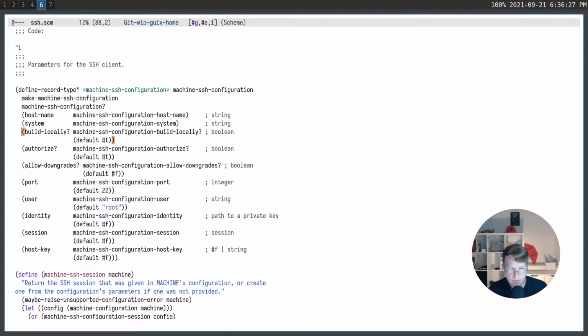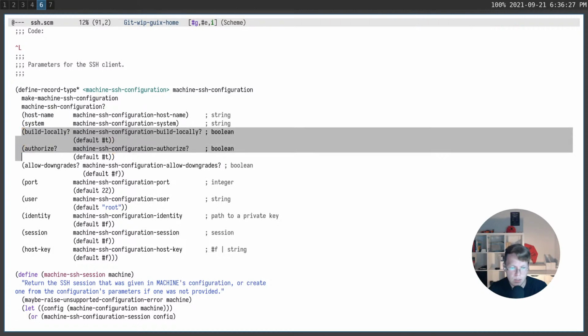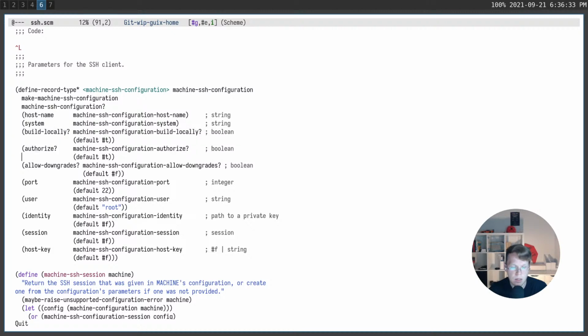But there are also some fields that we didn't define, but which have default values. For example, build locally and authorize. What does the authorize field do? Build locally is obvious. We build the operating system that will be deployed on remote host on our local machine, and just copy items from our GNU store to remote store. So if we disable this flag, if we set it to false, the operating system will be built on remote host. Authorize allows